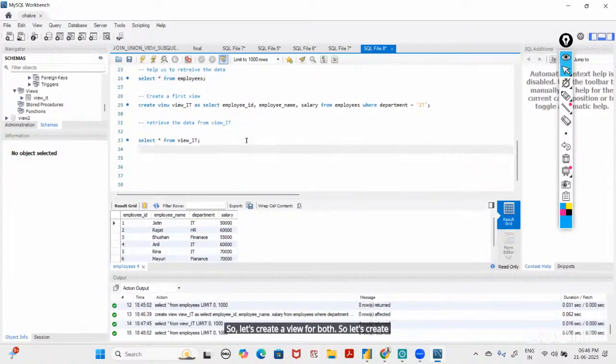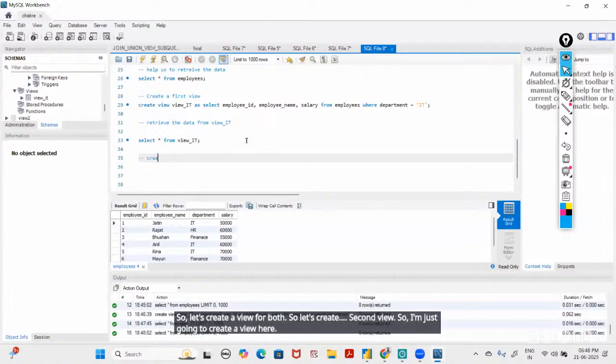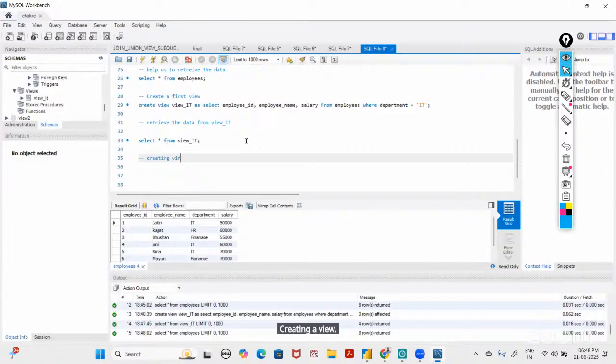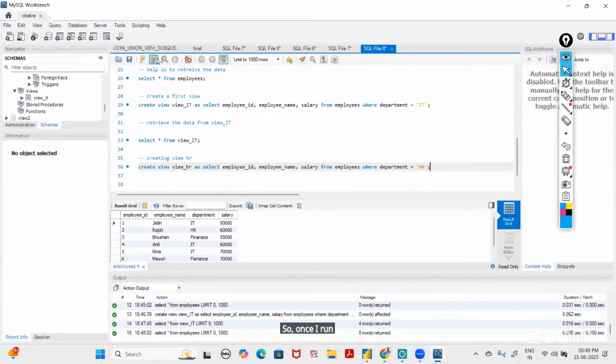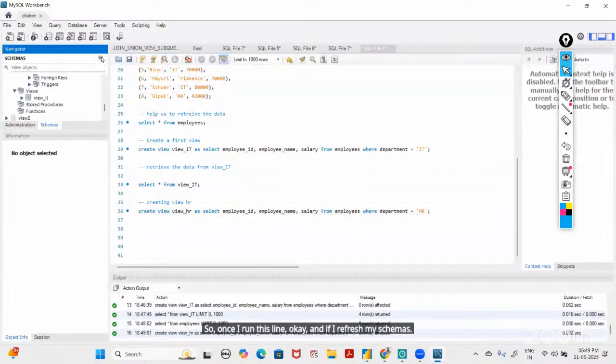So let's create a second view, for HR. Here I need to use the same statement, which is create view and the view name. Let's name it view_HR, as I need to select employee ID. I'm just going to select employee ID like this, but instead of IT, I'm going to use HR. Once I run this line, and if I refresh my schemas,